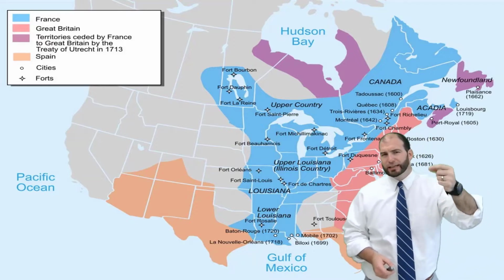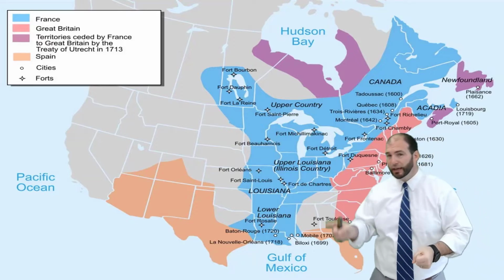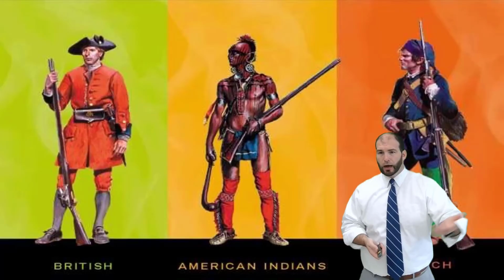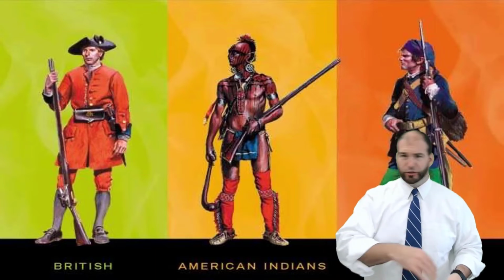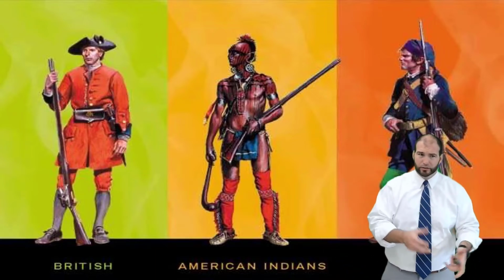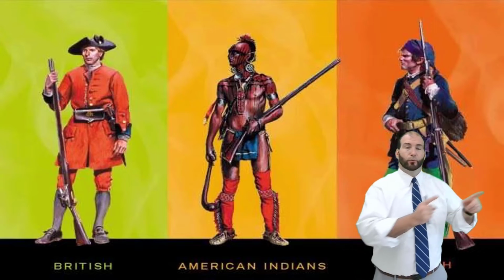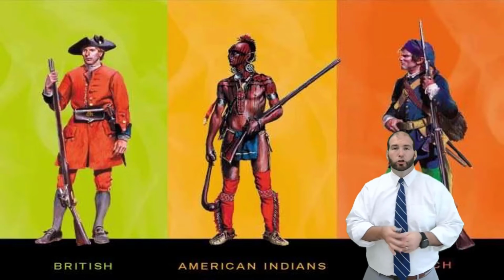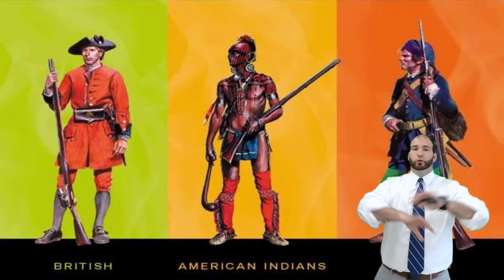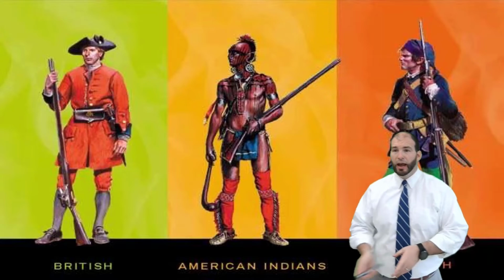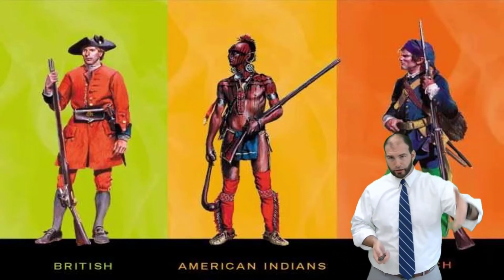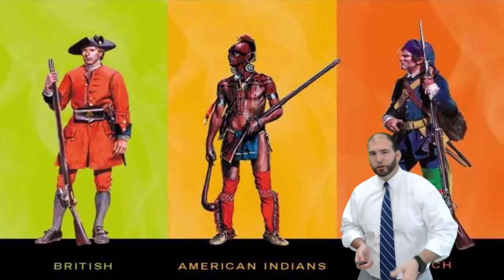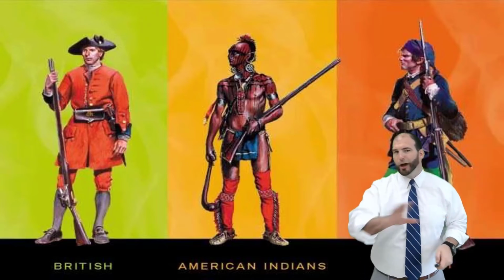Anyway, so the French and the Indians team up to fight the English. That's why it's called the French and Indian War, because they teamed up with each other. So you had the French, which is here on the right, American Indians, and they are going to be fighting the Redcoats, which is England, the most powerful military in the world at the time. So England, to defend the colonies, they send out their troops all over the world, including to the New World. And they come over here to the New World, the Redcoats do, and they defend the colonists from the American Indians and the French.